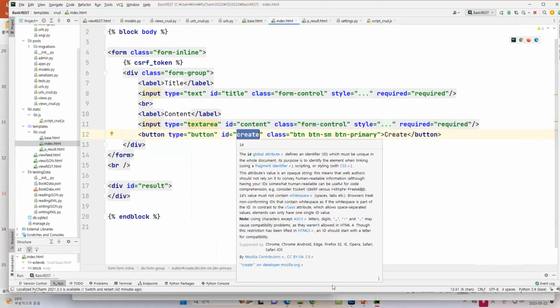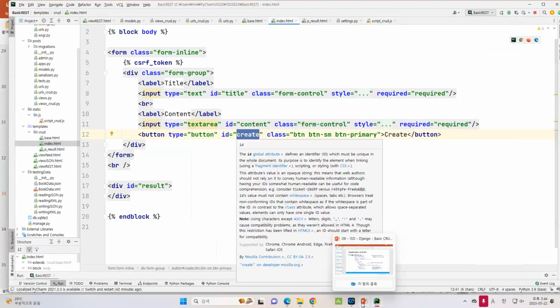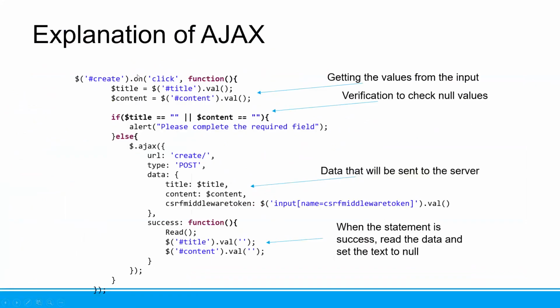If I click this one, here there is an event. We call this an action, and the action is click. Actually there are many other kinds of event. For example, if your mouse hovers, so if you move your mouse, then you can do something. But now let's just use one function. This is click. So if I click the create,